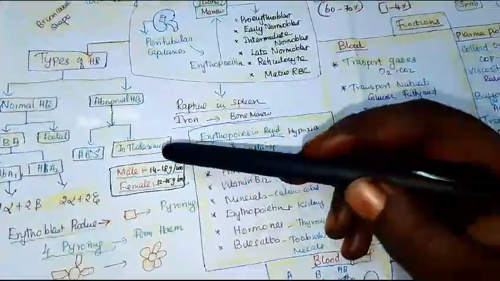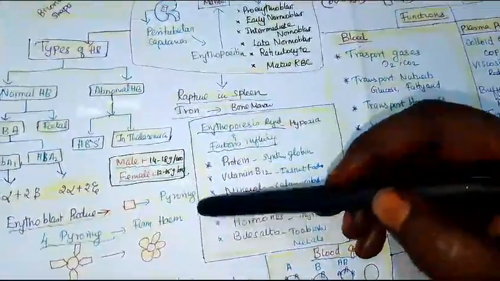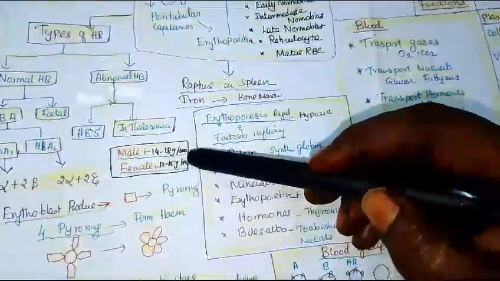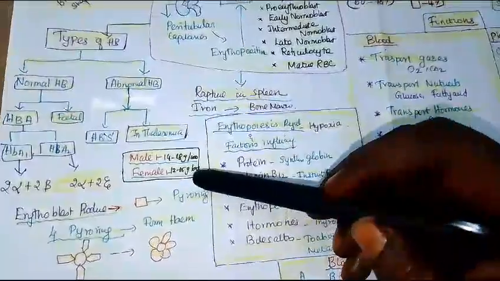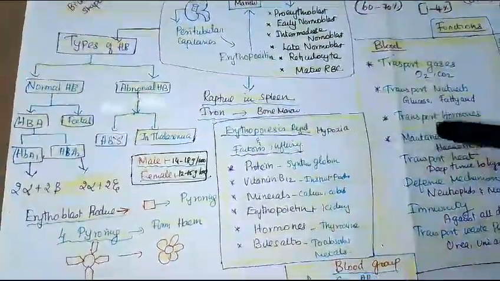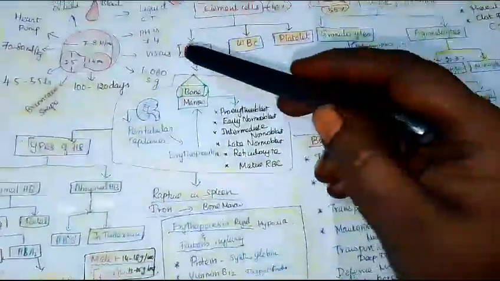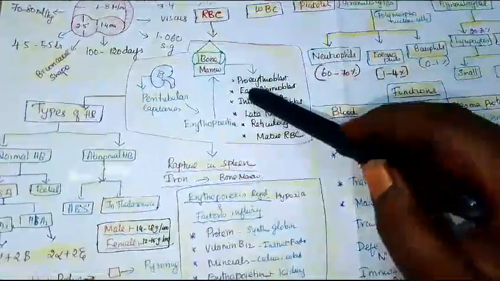That is the problem. What is the normal range of the hemoglobin? In males, it should be 14 to 18 grams per 100 milliliters. Then in females, it will be 12 to 15 grams per 100 ml of blood. Understand? So we have seen about the red blood cell, how it is produced, where it is produced,